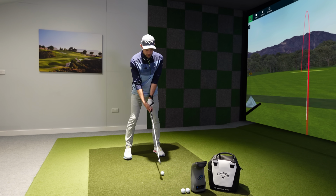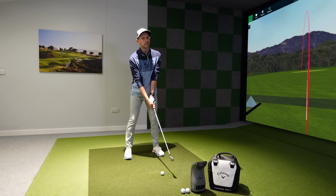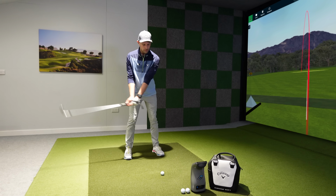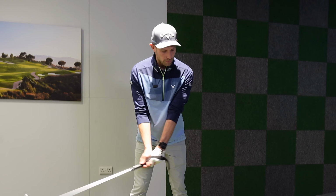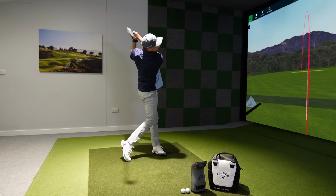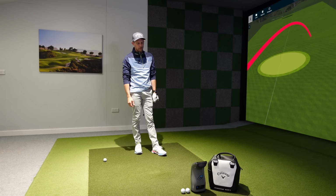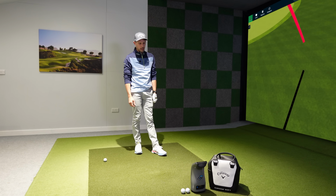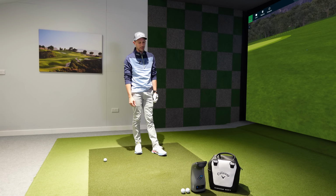So this second swing, I'm going to add some dynamic loft and let's see what the difference is in my wrist angles and things as well. So I'm gripping exactly the same as what I did with my normal shot. So I've added some loft there on that shot. It's only carried 151 now, and it's launching at 22 degrees. Higher dynamic loft delivered, loss of distance,